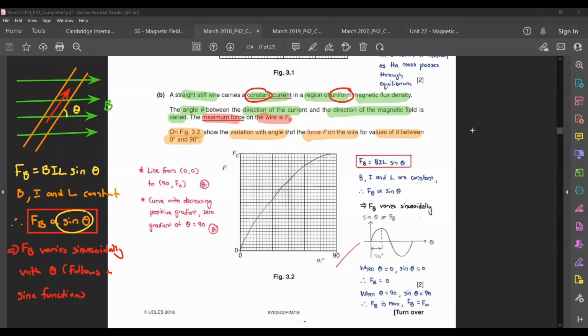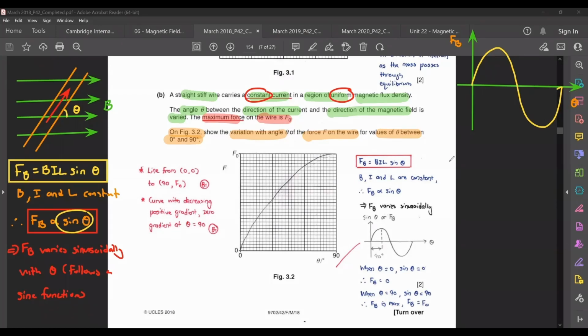If you then draw the graph of magnetic force variation with angle theta, it by right should look something like this. Okay, this is magnetic force, this is angle theta. Because the variation follows a sine function, you are going to get something that looks like this. Okay, so from the equation FB equals BIL sine theta, you want to work out what is your minimum